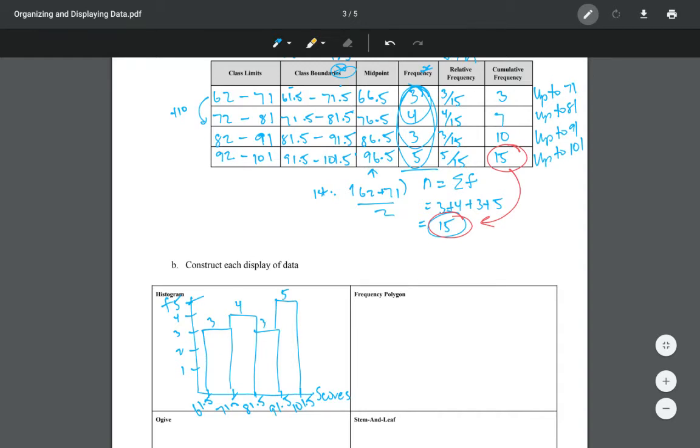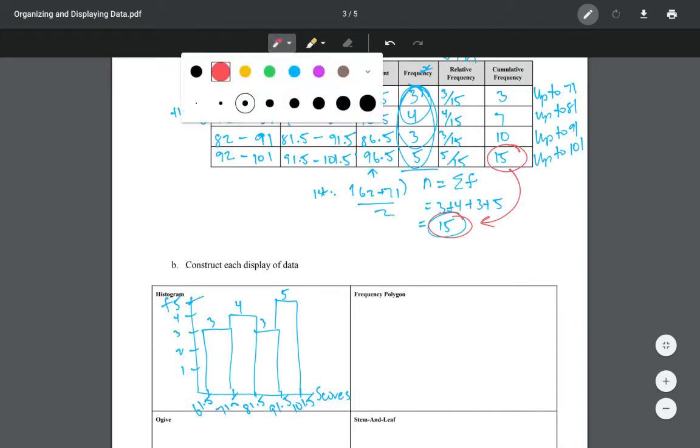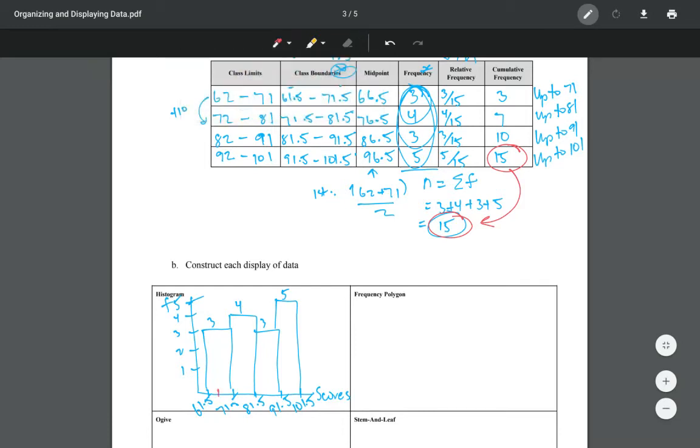Next is the frequency polygon. For the frequency polygon, I can think of this as being superimposed on top of the histogram. It's the same information, but I'm using midpoints instead. So I'm going to be labeling with midpoints instead, and I'm going to put just a dot for the frequency of that representative midpoint. I'm going to be connecting those dots, but in order to finish this, I also need